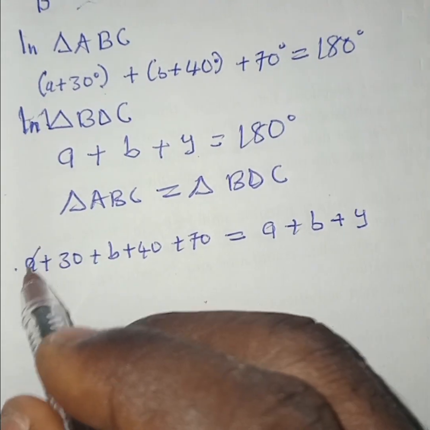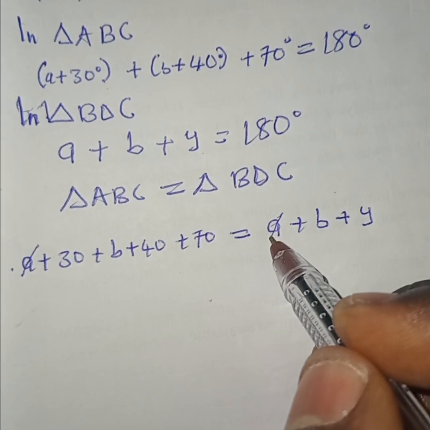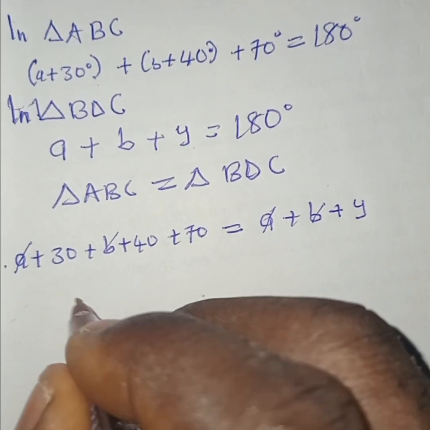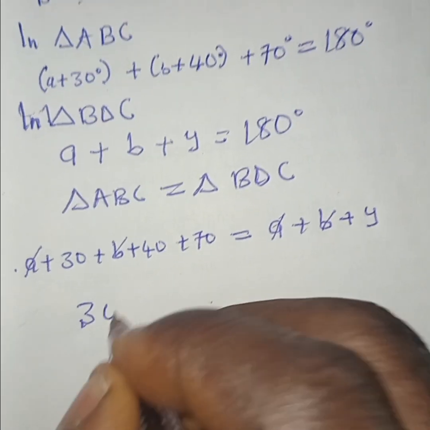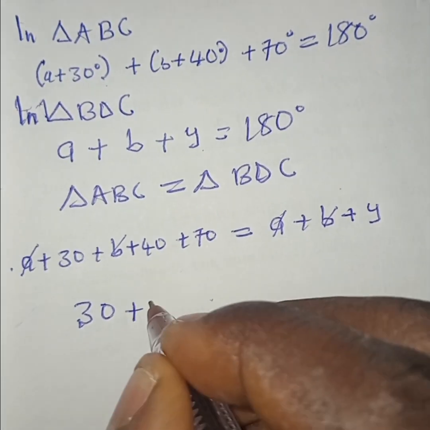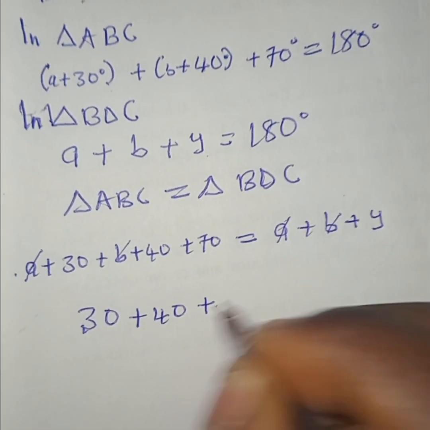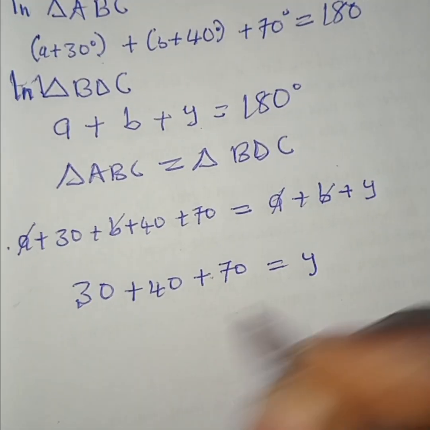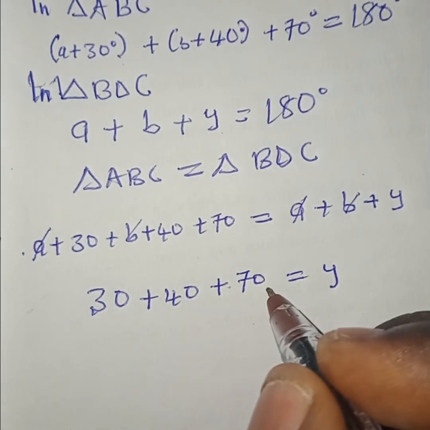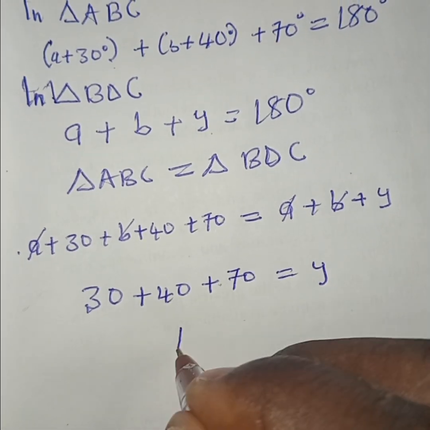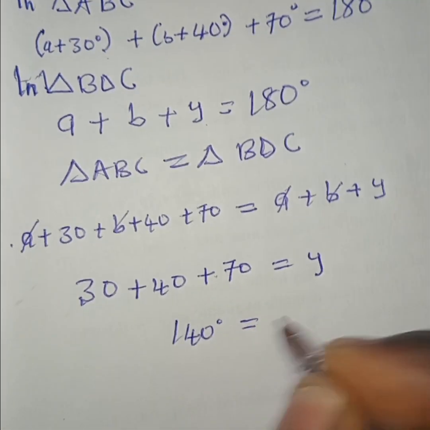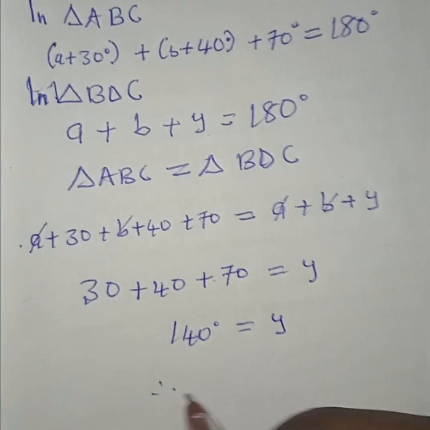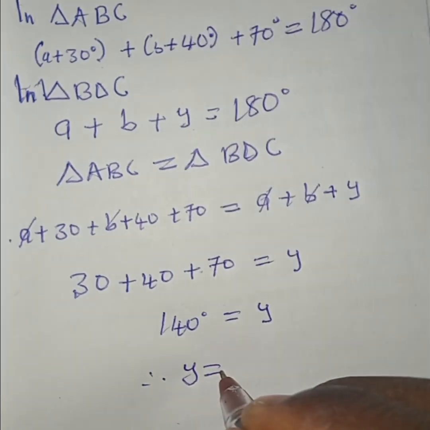The A from here, we cancel this A. The B from here, we cancel this B. So what we have will be 30 plus 40 plus 70 equal to y. So 30 plus 40 plus 70 will give you 140 degrees equals y. Therefore, y is equal to